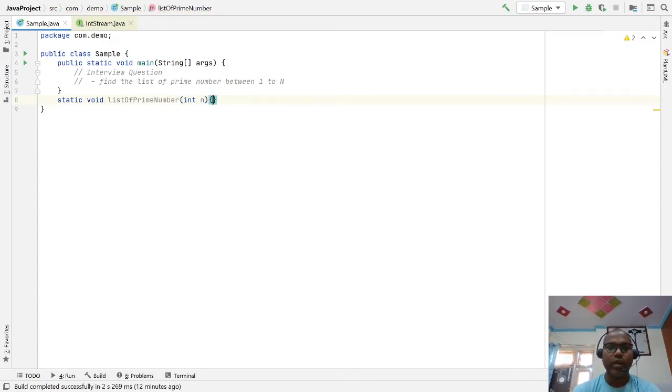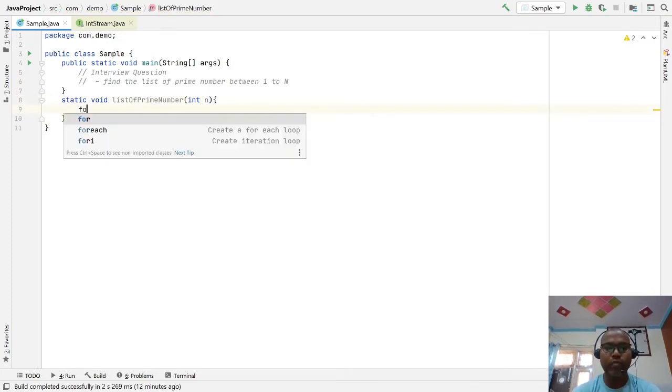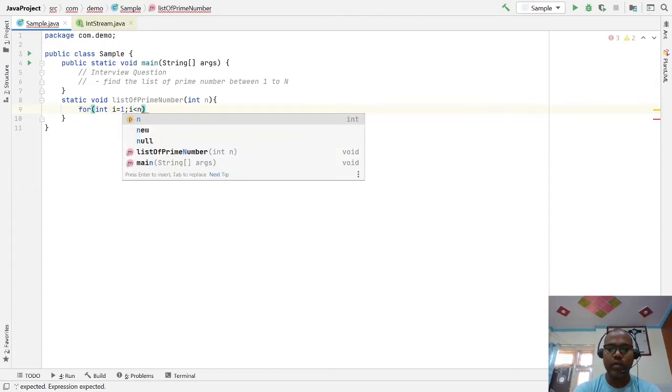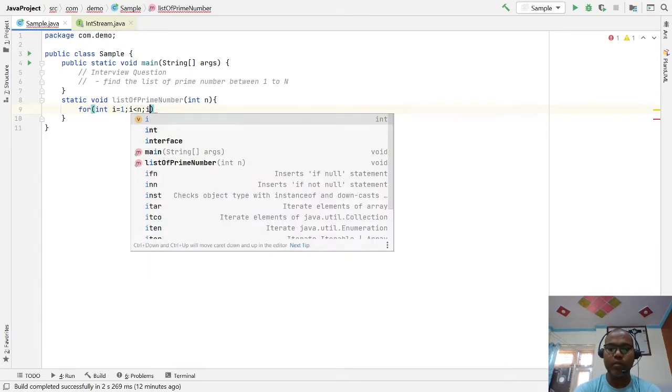Here we have to loop for each number: i equal to 1, i less than your number, i plus plus.